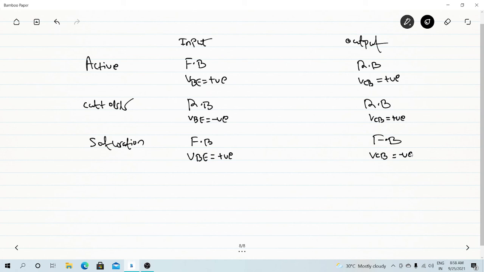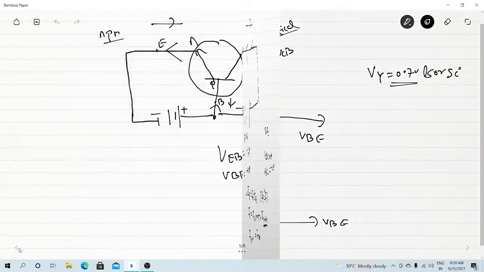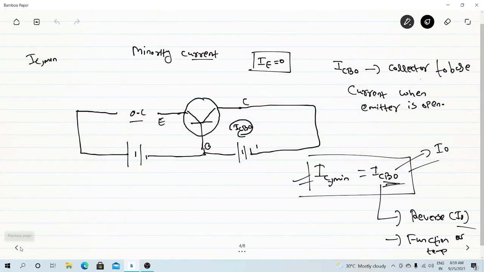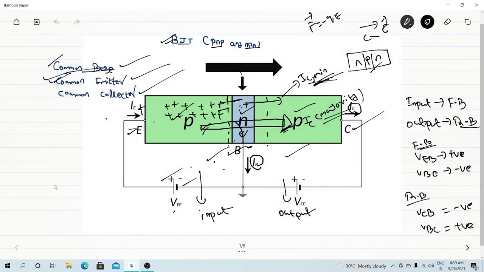Okay, so this is the thing that I wish to discuss about NPN or any transistor. For NPN, this is what I am taking. This is valid for common emitter, common base, common collector also. So I will repeat again whatever I have discussed in common base. Initially we started with the block diagram and we started discussing about common base. We saw the block diagram and we saw when this IE, this is forward bias, this is reverse bias.